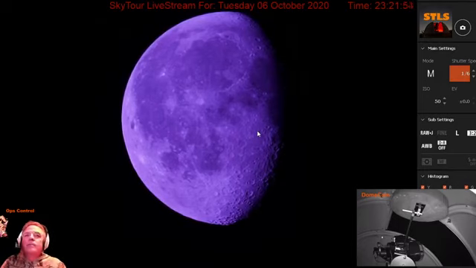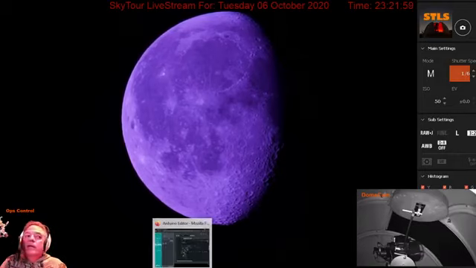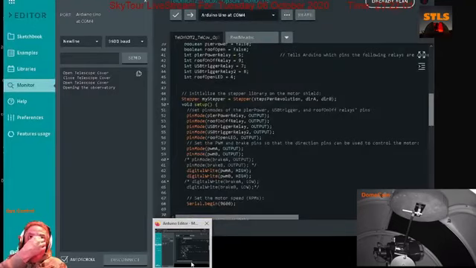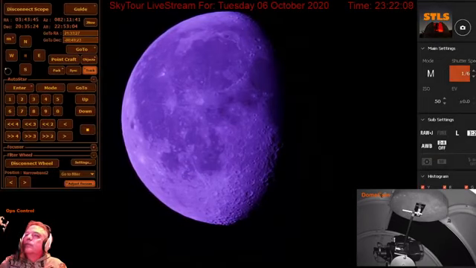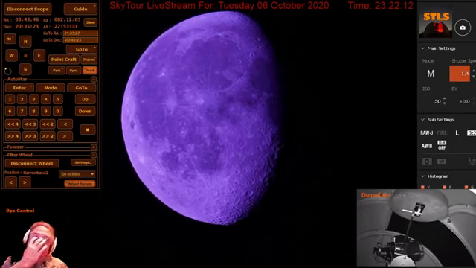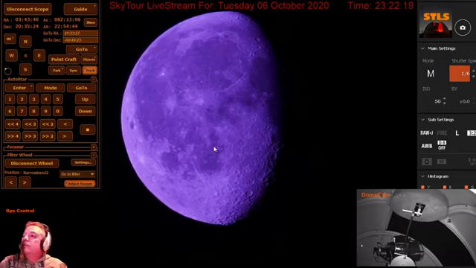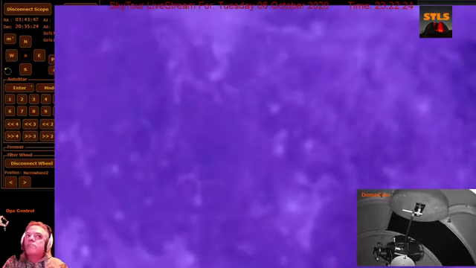I bet most of the people in here probably have some kind of astronomy as a hobby. If there was a meteor shower, most people would hear about it in the news. But Mars being the closest to Earth it will be for approximately 15 years, I don't think that gets as big of coverage. It might get a mention, but I think people must look into this and know about this on their own, rather than hearing about it and wanting to check it out. I think people are specifically looking for this.